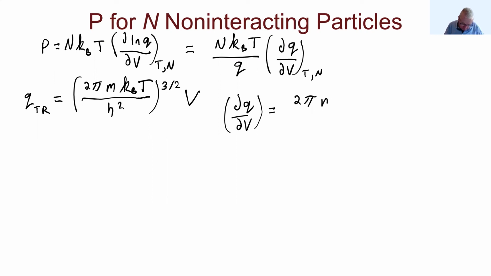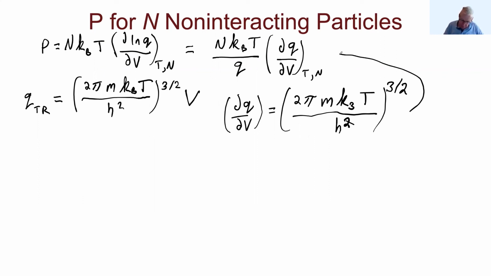2 pi m kT over h squared. I do really know how to make a 2, I promise. And that's all to the 3/2 power still, right? So that's my derivative. And now I can take that and just bring it in up there. That's going to give me P is equal to NkT,